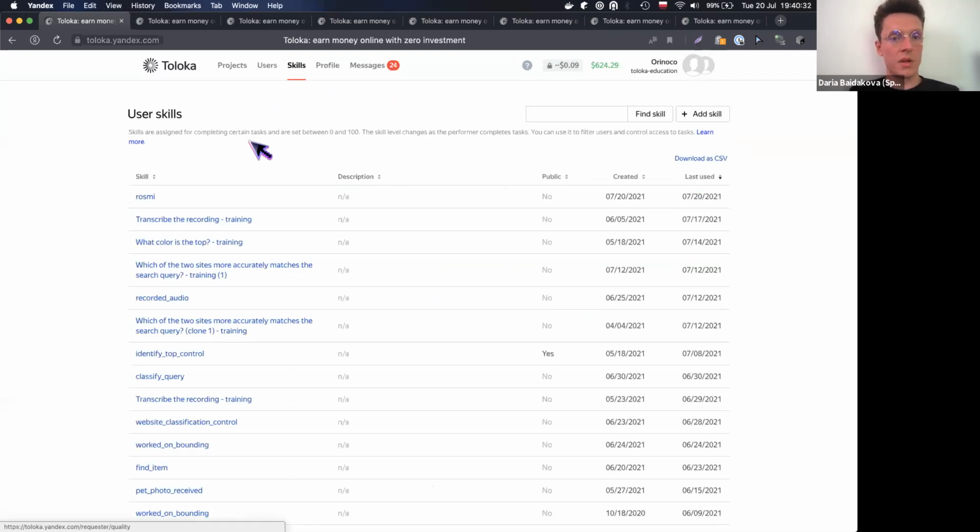This is a collection of the sort of, they work as filters. So your performers can excel at certain tasks that are generally available, or you can create your own custom skill. And then once you run a project, your performers learn as they go, and they gain skills, and then you can use that skill. So profile is general information about your account, and we're going to be moving forward